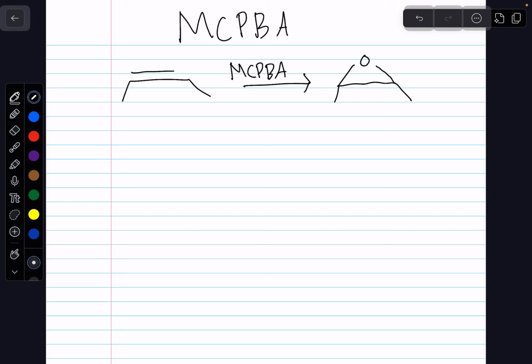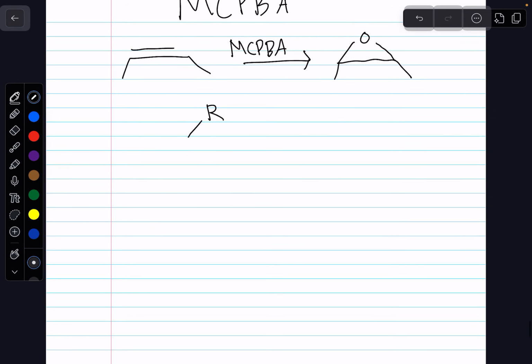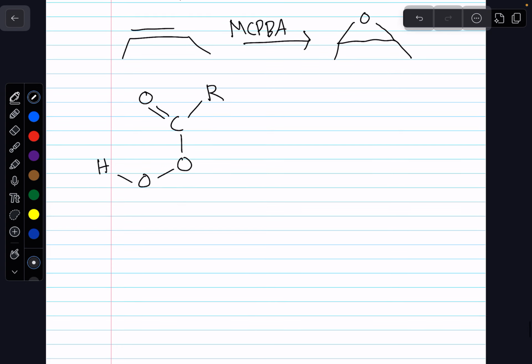I would say the hardest part of understanding this mechanism is what mCPBA actually is. So an R group, which is basically a phenyl that has a chlorine attached to it, but we can just write it as an R attached to a carbon, which is double bonded to an oxygen, which is bonded to another oxygen and a hydrogen. And I'm going to draw our